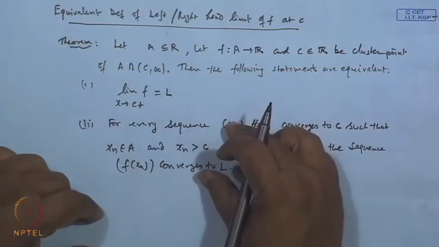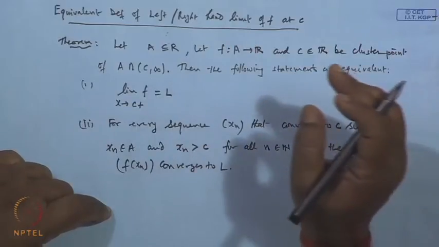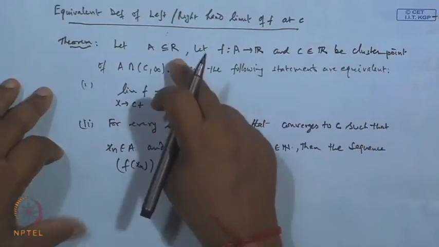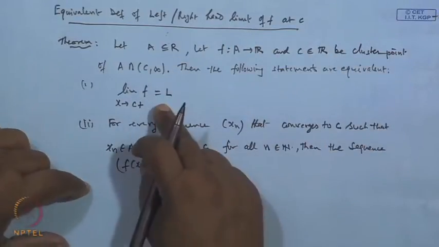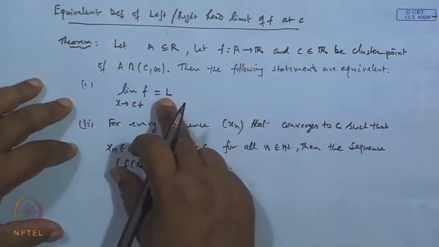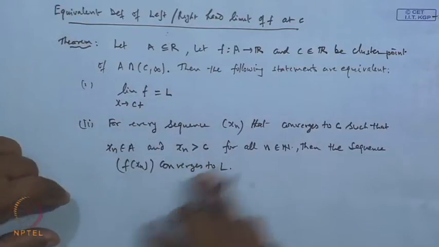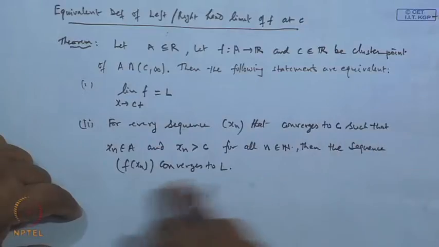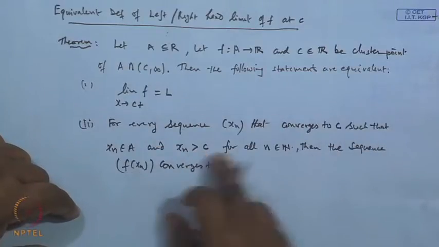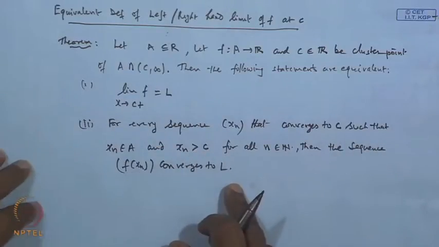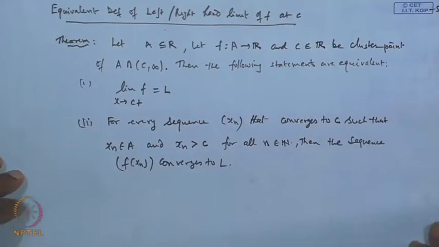So, this is the equivalent definition in terms of sequences. Similarly, we can write it for the left hand limit. If the limit of the function f from the left hand side exists, it means for every sequence x_n that converges to c such that x_n is strictly less than c for all n, then f of x_n converges to L. In a similar way, we can write it. Okay. Now,